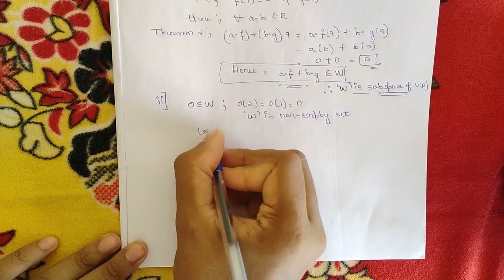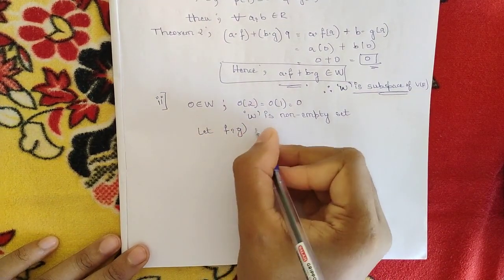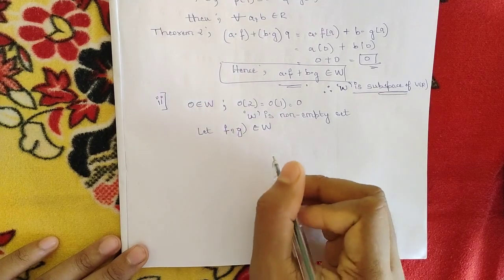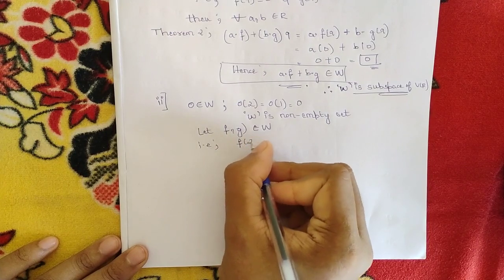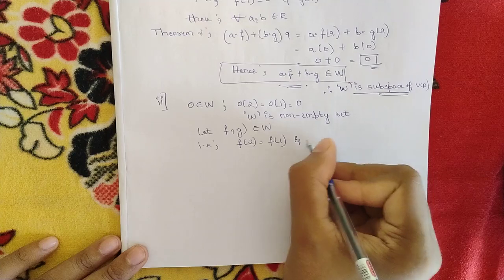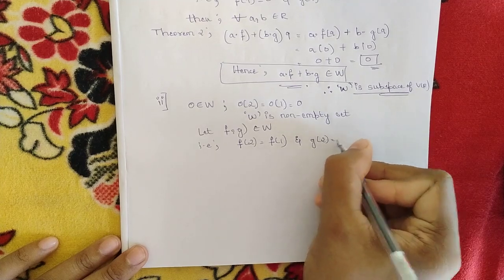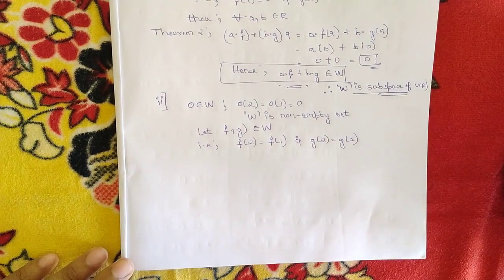Now again let the values f comma g belong to the set of whole numbers, that is f of 2 equal to f of 1, also g of 2 equal to g of 1. Okay, so if this is the condition,